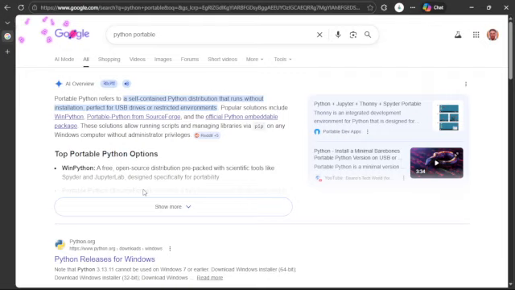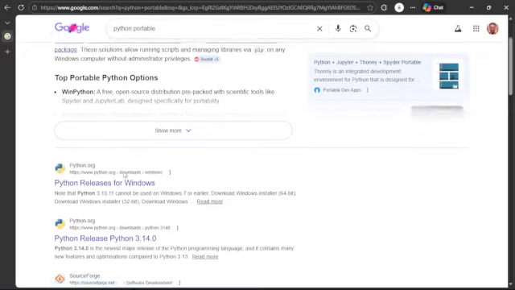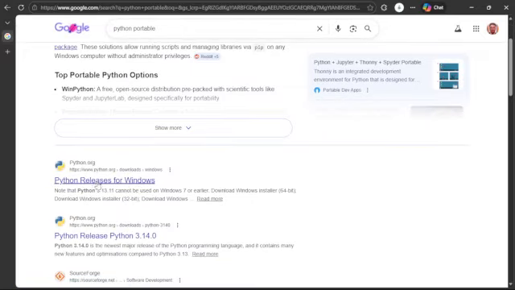I am making this series with the mind that most of you have a low-end system on your side. But even if you have a high-end system, you can just go ahead and download the normal version of Python instead of this portable version. So we will go to this link, click on it,